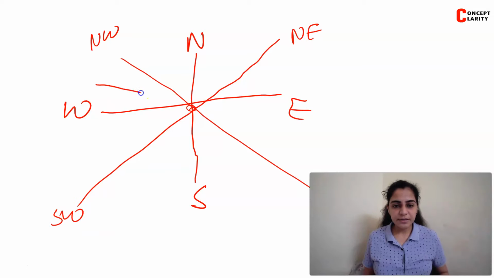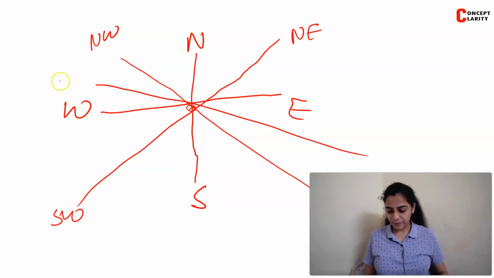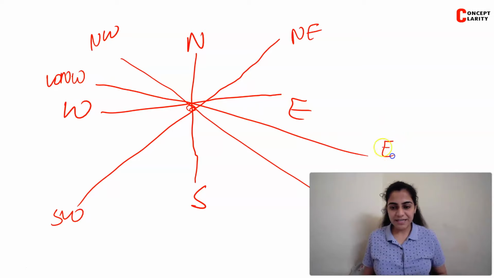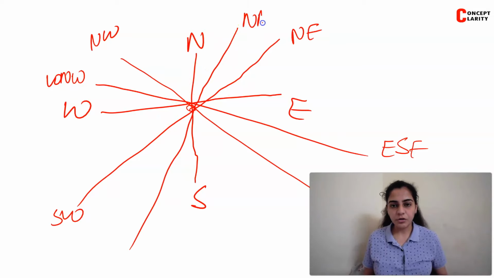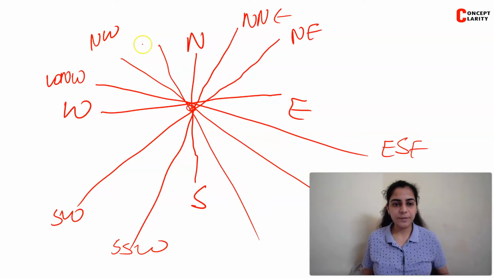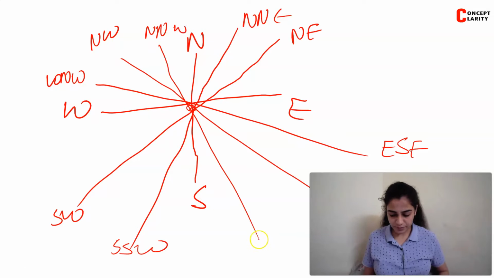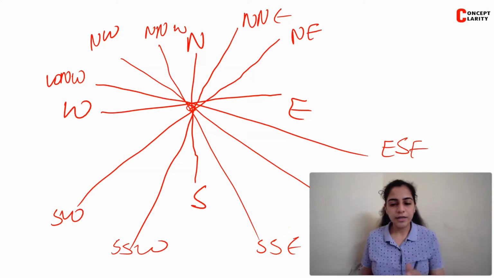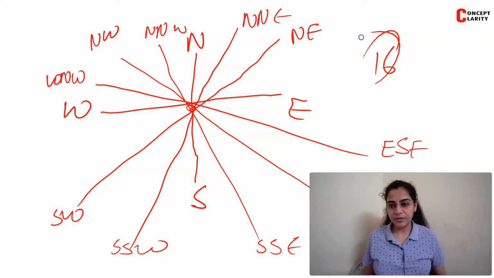Now further divisions can be done like this. So now this will be west-northwest, and this will be east-southeast. In a similar way, if I go for more bifurcation of these lines, this will be north-northeast, and here it will be south-southwest. Similarly you can make one more bifurcation here. It will be north-northwest, and here it will be south-southeast. In these ways, in total these come out to be 16 points.